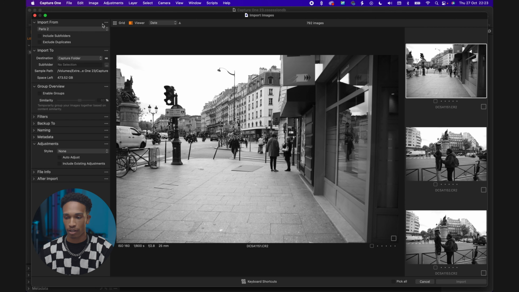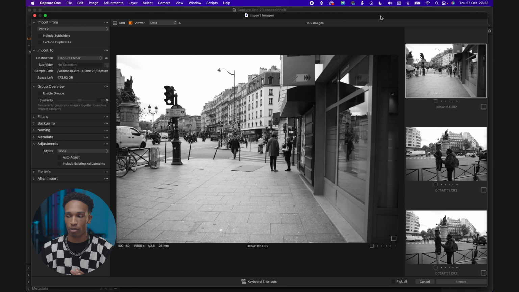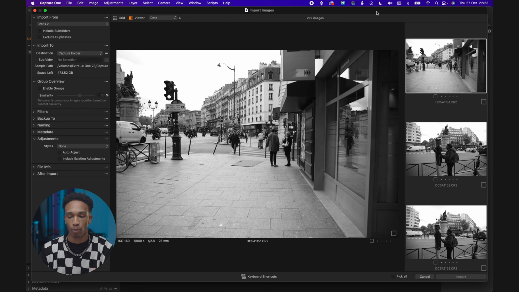So there's 792 images here that I took during a shoot in Paris, and we shot about 3 looks. And some of the shots were like quick shots as she was walking and stuff. So there's quite a few pictures here. So first thing I'm going to do, and this is actually a new feature in Capture One 23, is culling. So I have nearly 800 images here. I've got 792, and I don't want to import all of these at once because it might just be too